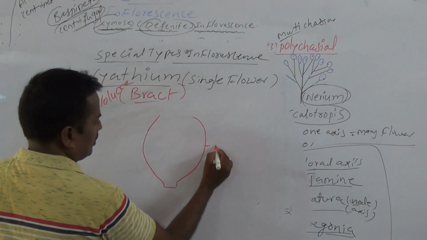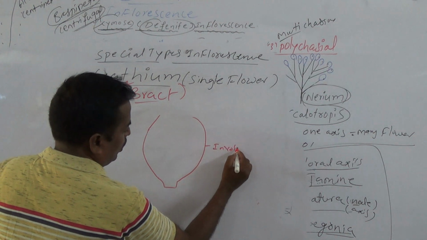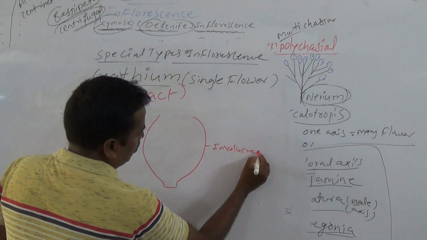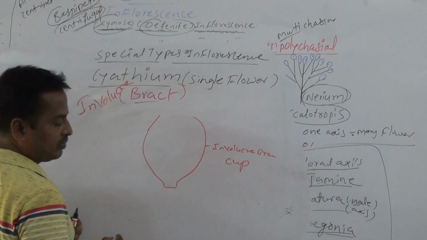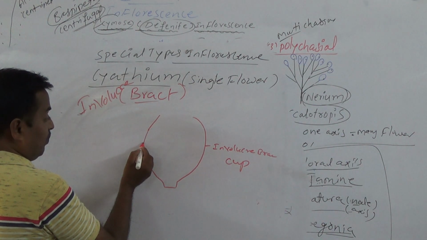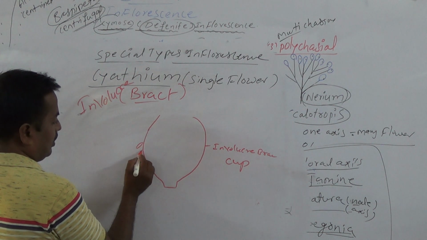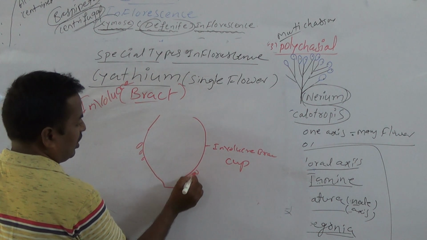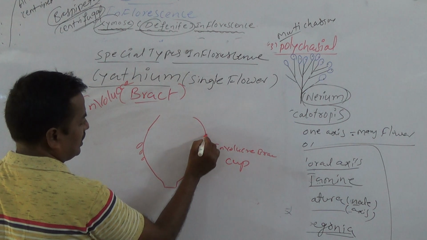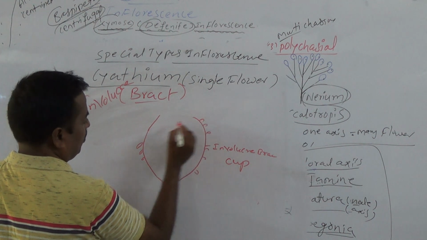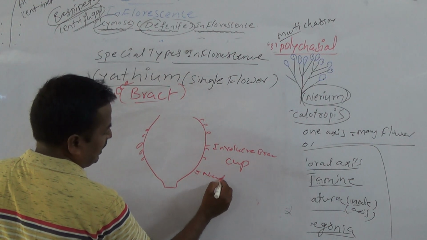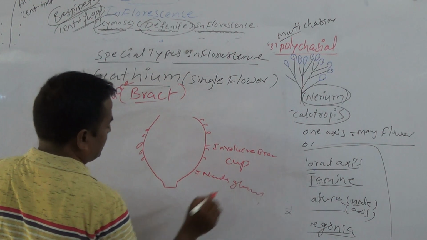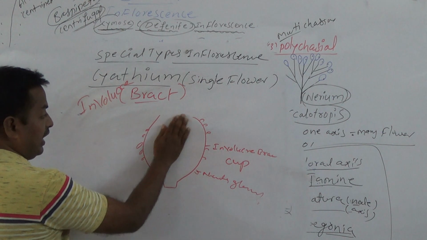The involucre bract is modified into a cup-like structure, and the surface of the cup has many nectar glands. It's very important, students. The surface of the cup has many nectar glands, and inside the cup,